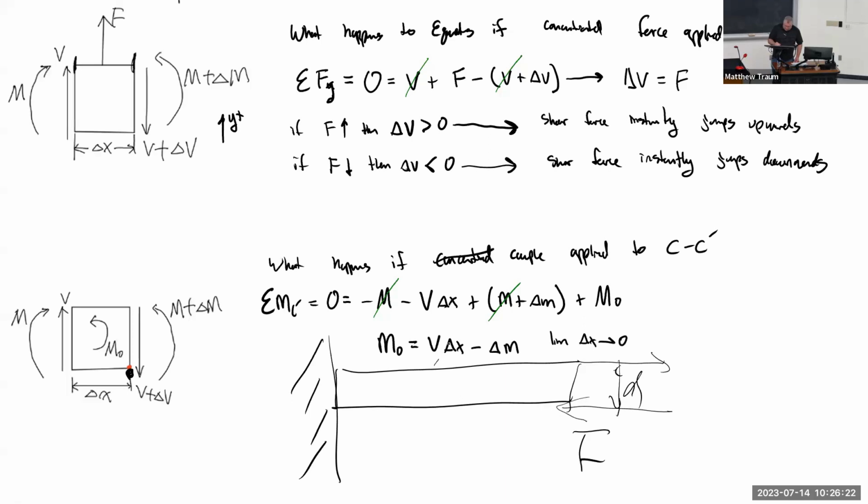And so if that's true, this term just becomes really tiny, right? We just get rid of it. It's zero. And what we end up with then is that just delta M, which is the basis of the equation that we were talking about previously, is just equal to minus M naught, that couple that's added. And so the interpretation here is if M naught is counterclockwise,